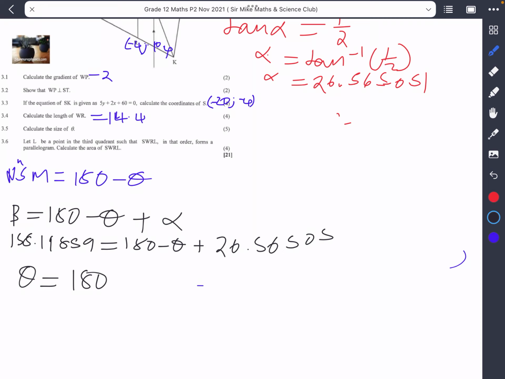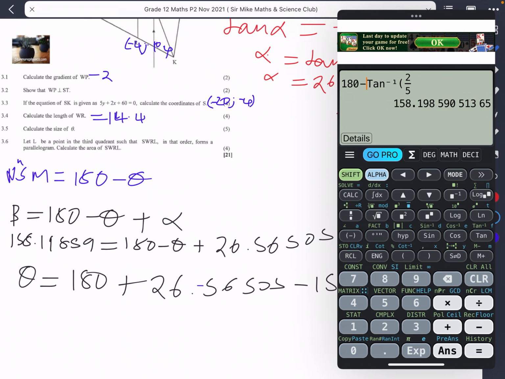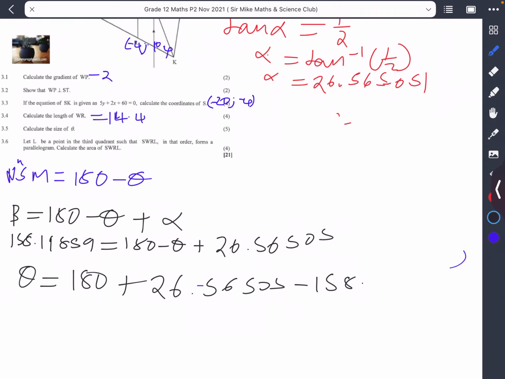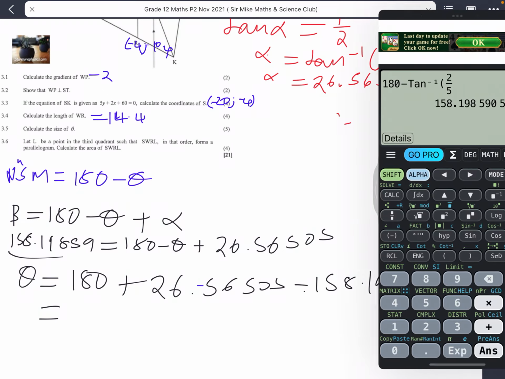being equal to 180 plus 26.56505 minus 158.1, was that the value there? So that was actually 0.19. I'm actually thinking that's a 1 there. So that's 19859. So in this case, you just put that into your calculator. Now remember, when this gets to the other side, it becomes negative. And in this case, we had that 26 point something already on that side, and also 180. So what I'm going to do is say, right,